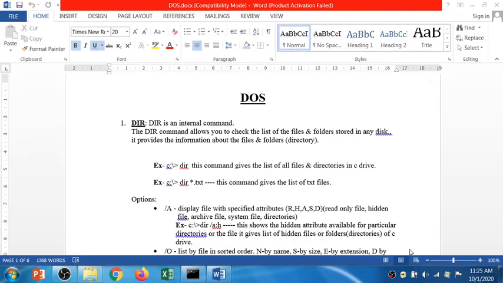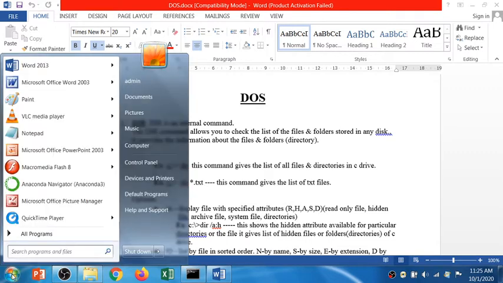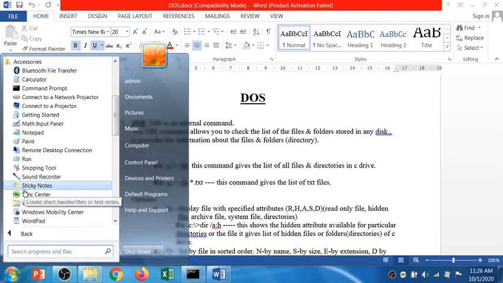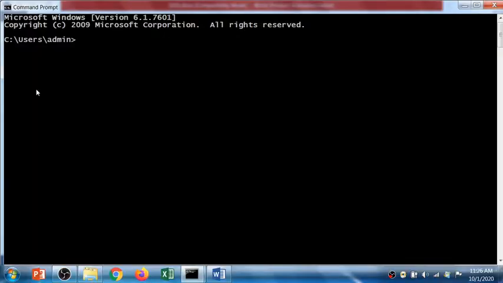First of all, you have to open your start, click on your start button, and there select all programs. In all programs, select accessories, and in that select command prompt, right?